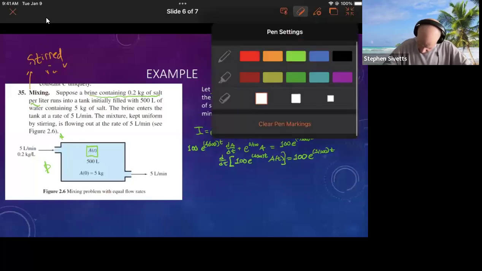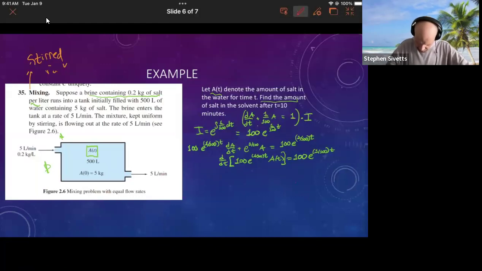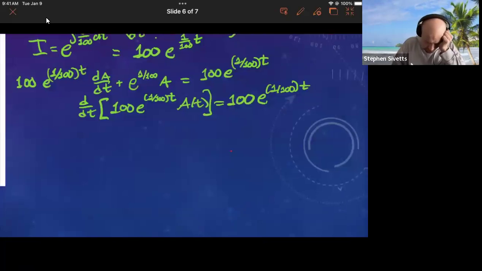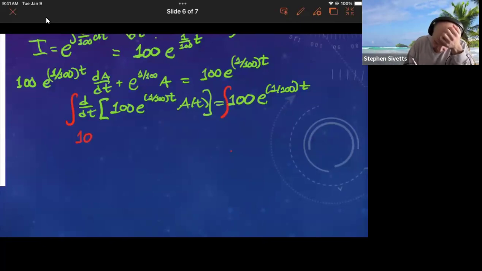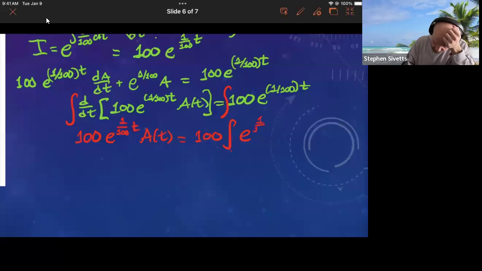And if we integrate both sides here, excuse me, we'll have e to the t over 100 times A of t equals